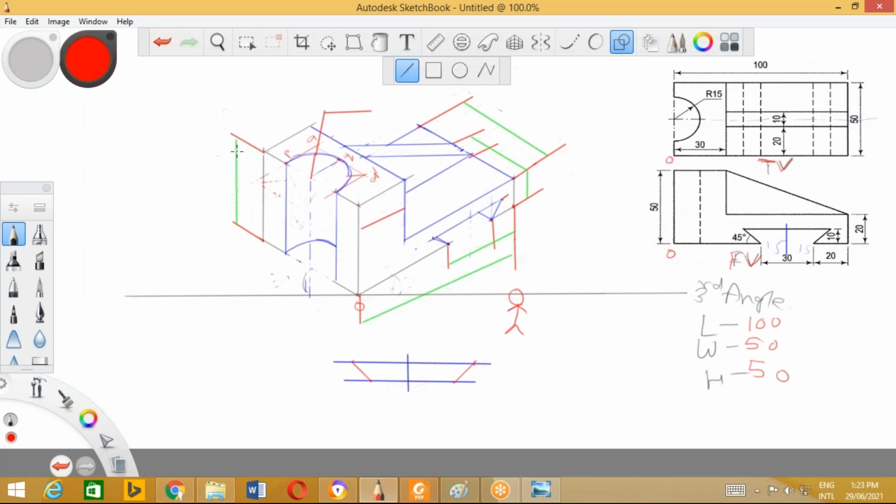Now I'll draw the arrows and mark the dimensions properly.